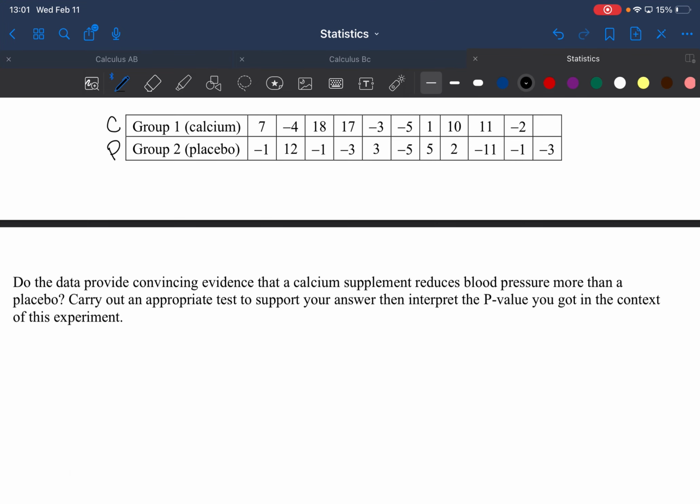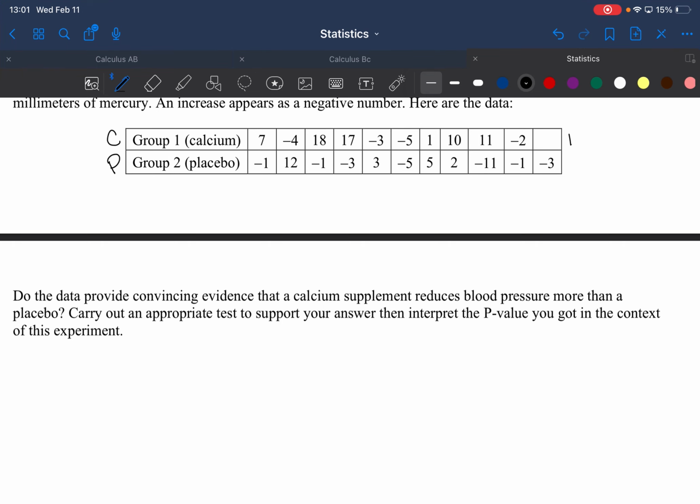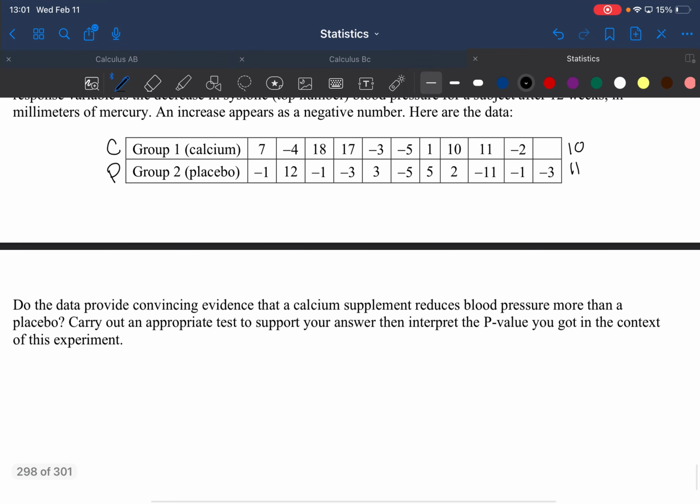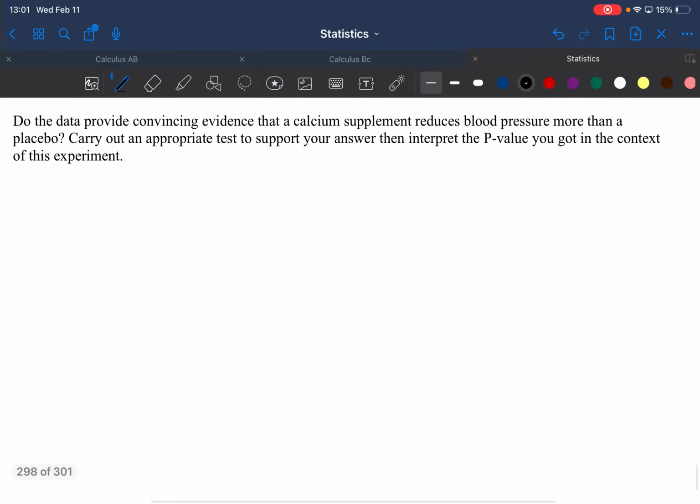Okay. Since this is a significance test, that means we need to write our hypotheses. So our null hypothesis is that there is no difference, which means that mu c is equal to mu p. Remember, you can write this as mu c minus mu p equals 0. It's the same thing. Our alternative hypothesis, if we go back to the part of the question that I highlighted